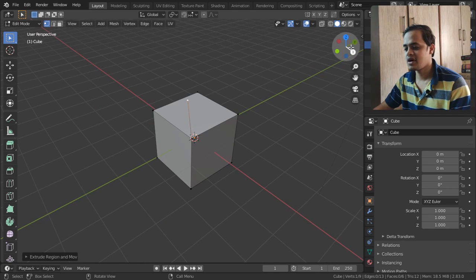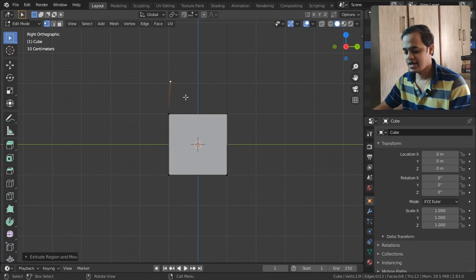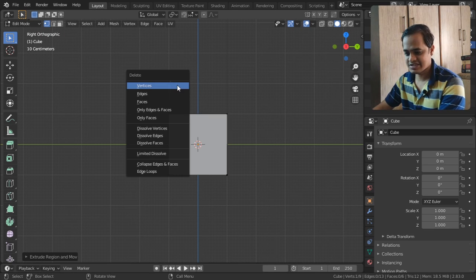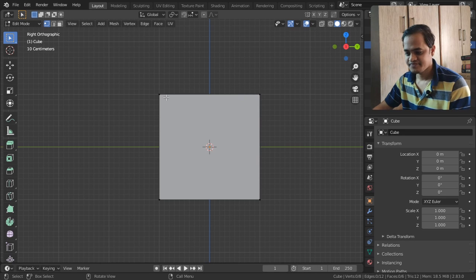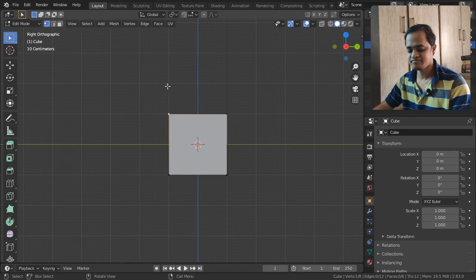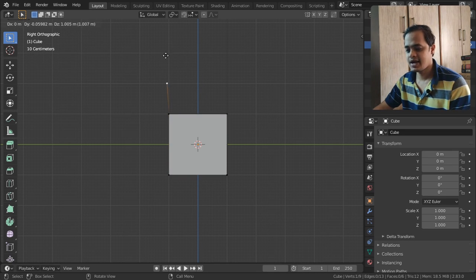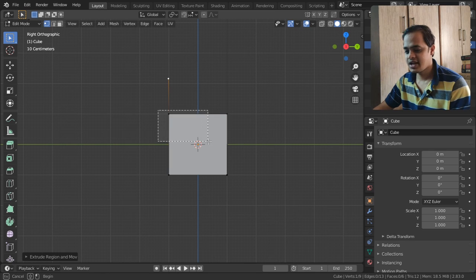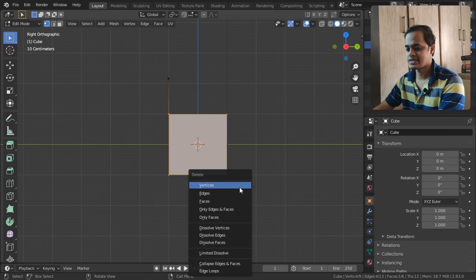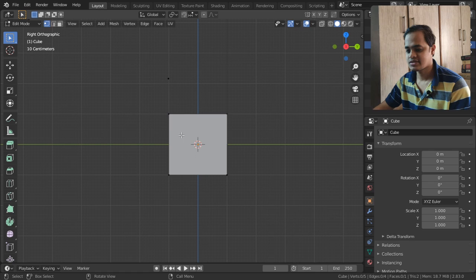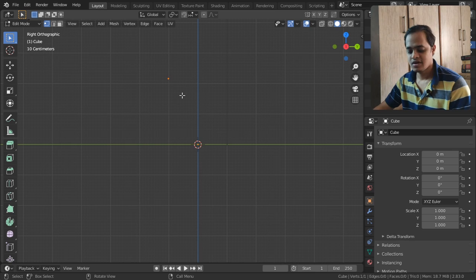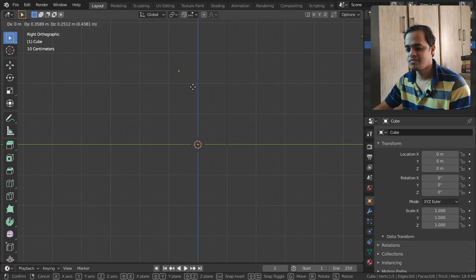So what I will do, I will go in the x-axis and I will first delete this vertex, select these vertices, E, and lift it up and delete all the rest of the vertices. Delete vertices and select all the vertices, delete vertices. I have got only one vertex. Now what I will do, I will move this object somewhere around here,